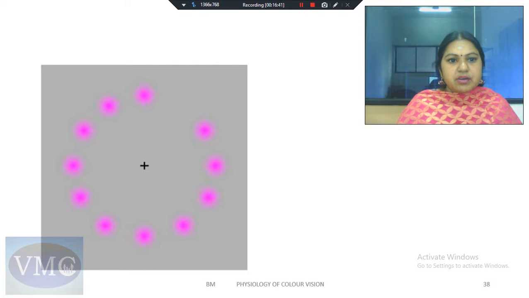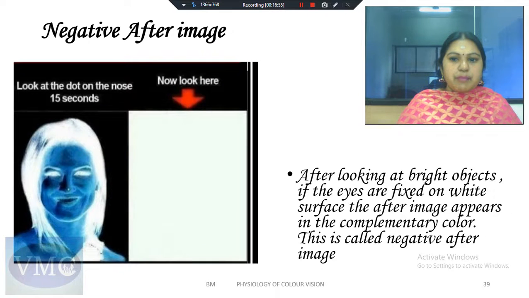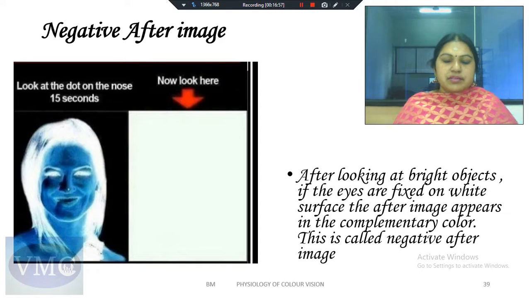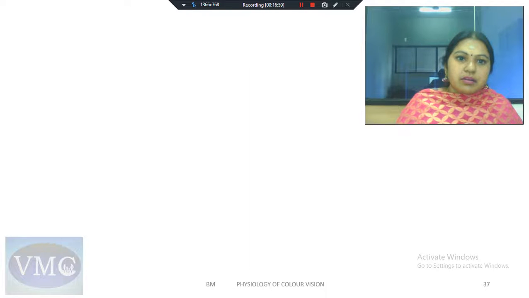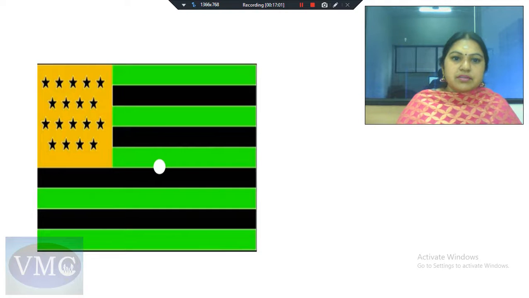Here also, you concentrate on these dots in the center for quite some time, for about 30 seconds. Then you blink your eyes again, and you can see the green images. This is because of the after image. Why is this happening? So the cause for this is